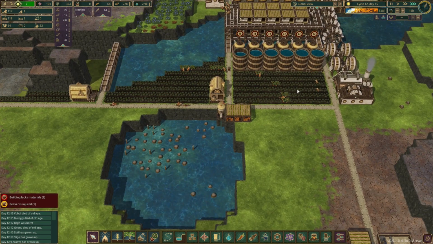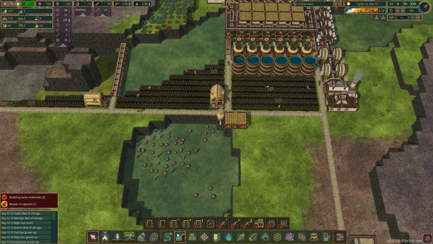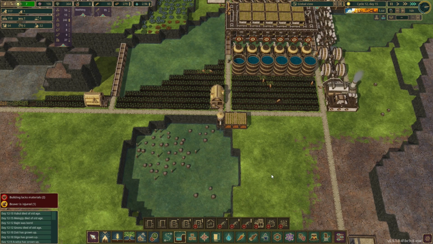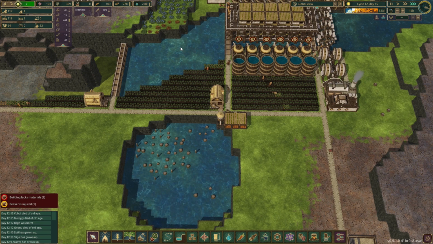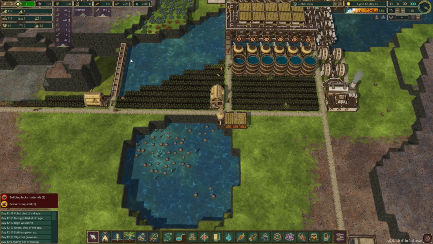Okay, so let's look at explosives, shall we? So we've got 3 different types of explosives. We have dynamite, we have double dynamite, and we have triple dynamite, and they explode 1 depth, 2 depth, or 3 depth. I'm just going to go with 1 depth because this river is only 1 deep right now. The 3 depth ones are very useful if you're building giant reservoirs and things, so we could block out stuff and do things, but